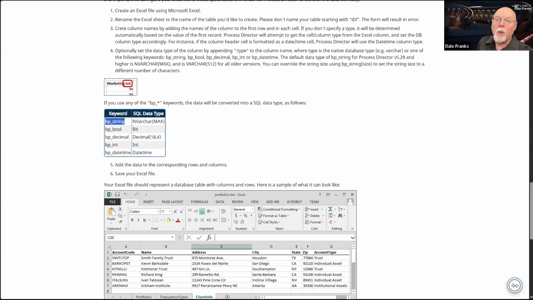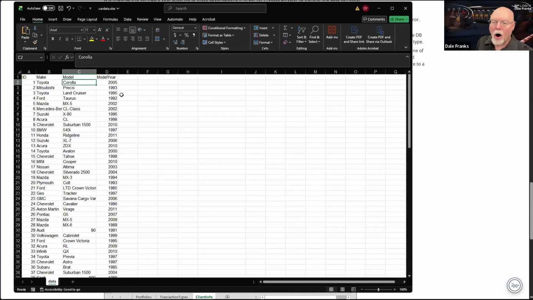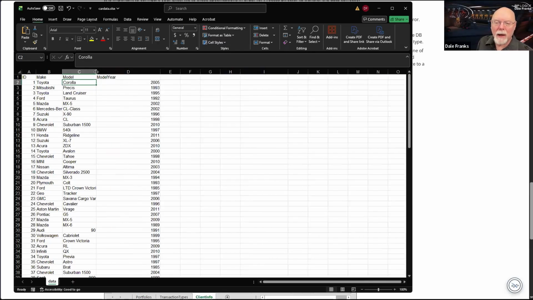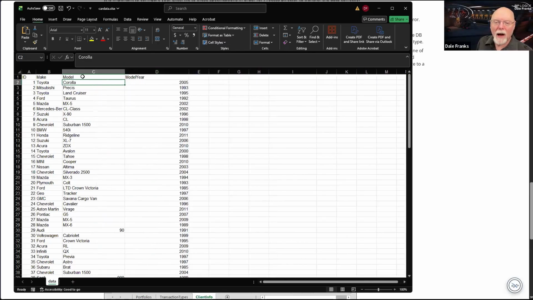So we could go back over here to our cars table, and we'll expand these columns a little bit so that we can type in them. And we'll go to model right here. And because we have a mixture of both text and numeric model numbers, we can just go BP underscore string.